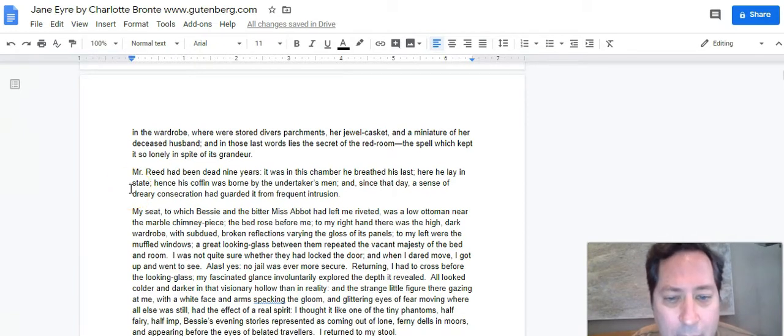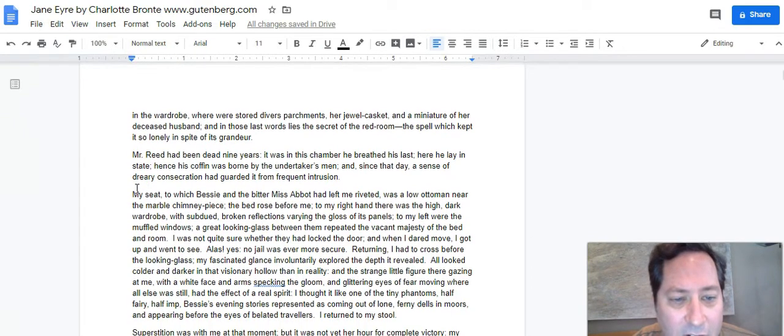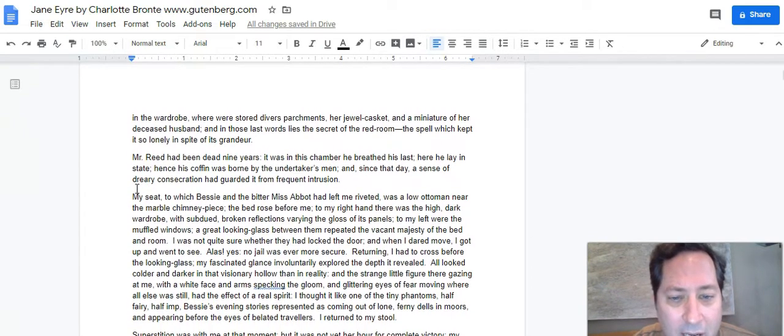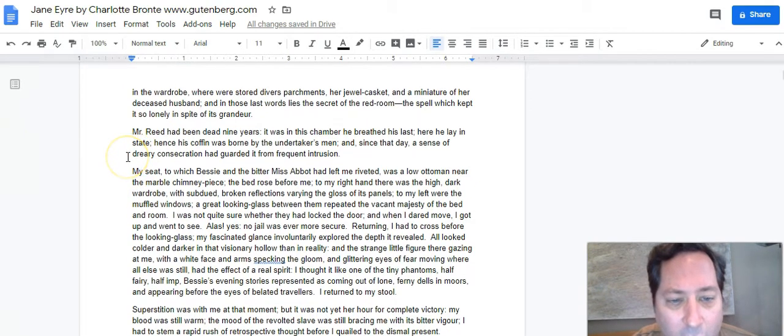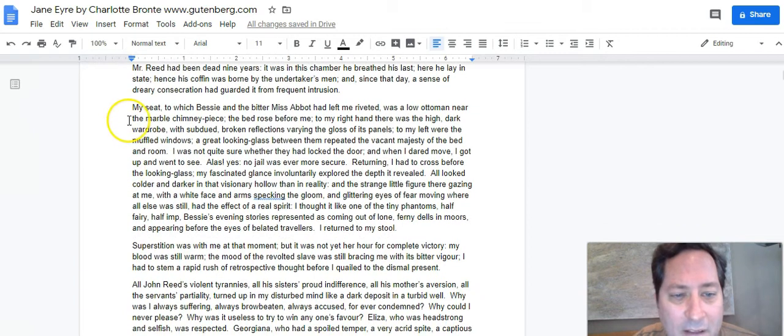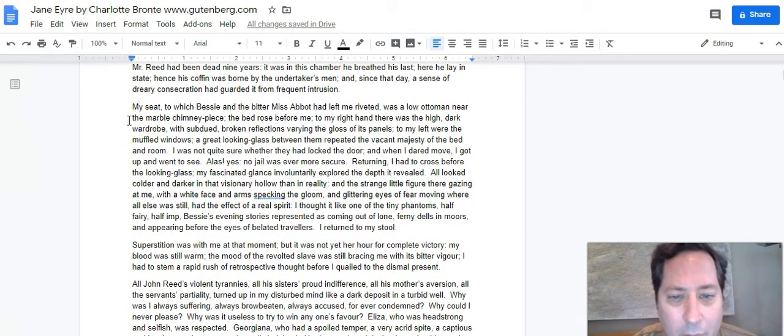It was in this chamber he breathed his last. Here he lay in state. Hence his coffin was borne by the undertaker's men, and since that day a sense of dreary consecration had guarded it from frequent intrusion. My seat, to which Bessie and the bitter Miss Abbott had left me riveted, was a low ottoman near the marble chimney-piece. The bed rose before me. To my right hand,